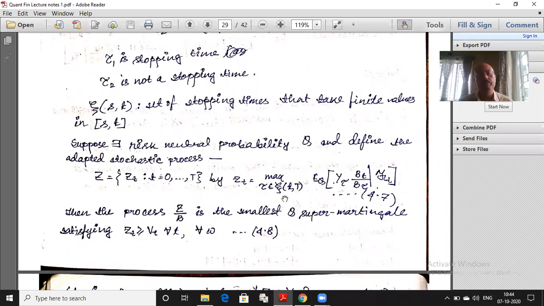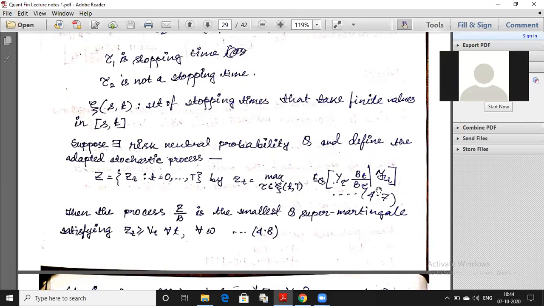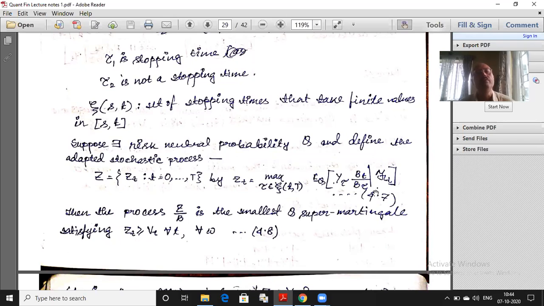And at each stopping time, I evaluate this expectation. This expectation is nothing but the value of Y tau discounted to time T. So Y tau divided by B tau gives me the time 0 value. And then if I multiply it by BT, it gives me the time T value. So from tau, I go back to 0 and then I go forward to T again. So Y tau evaluated at time T, that is the expression, conditional on the information available up to tau, of course.